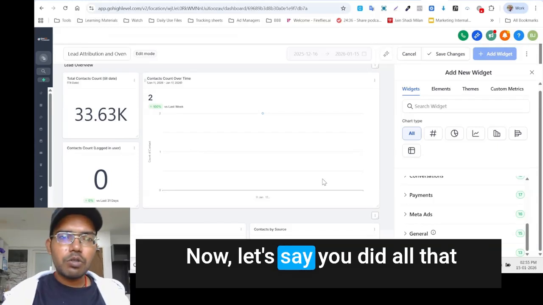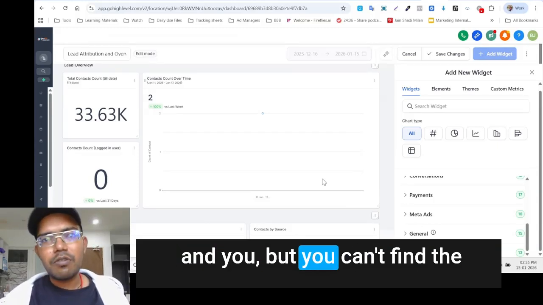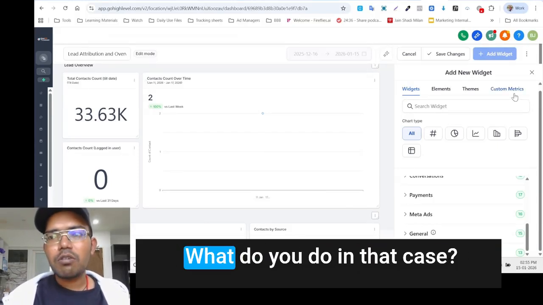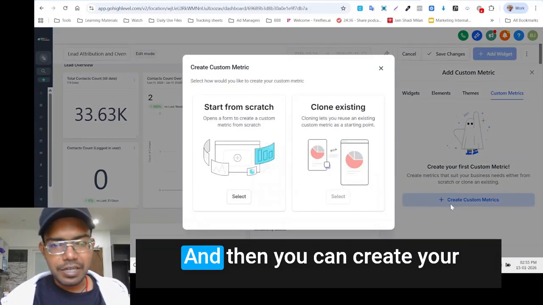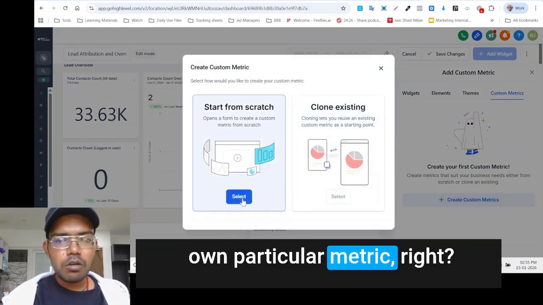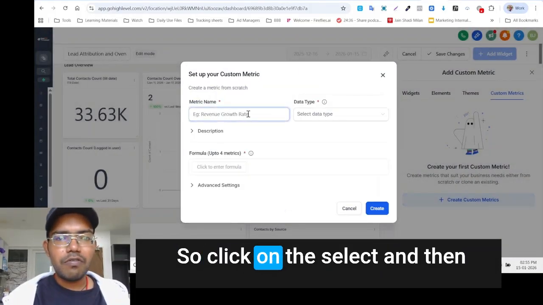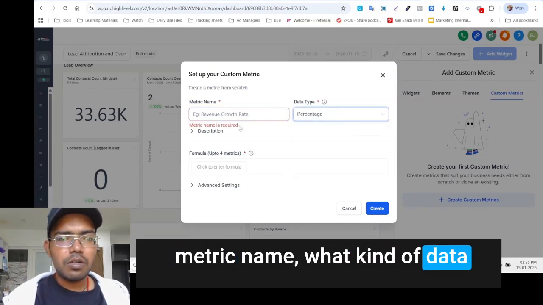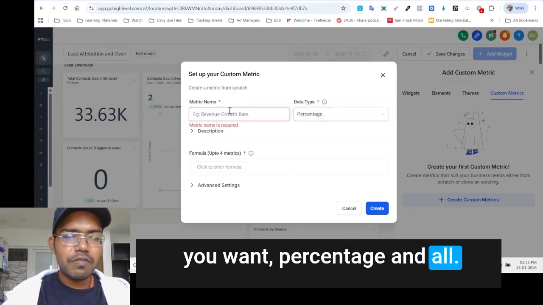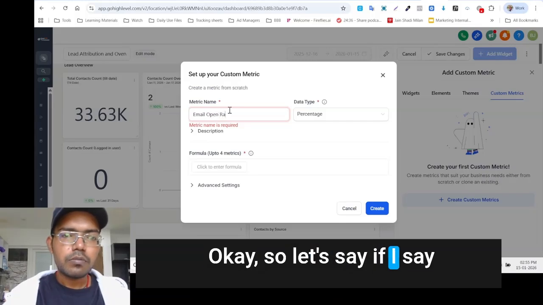Now let's say you did all that, and you can't find the exact metric that you need. What do you do in that case? Click on the custom metric over here, and then you can create your own particular metric, right? So click on the select, and then you can choose first of all the metric name, what kind of data you want, percentage and all. Okay, so let's say I say email